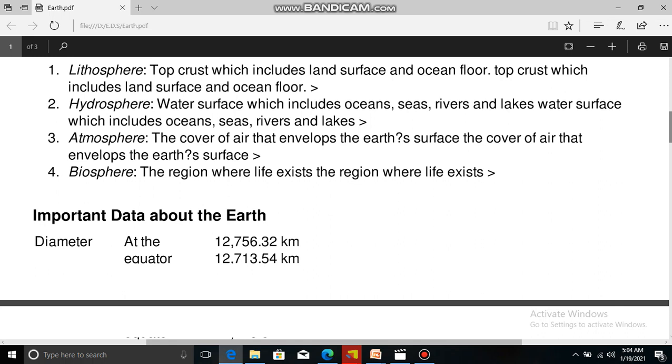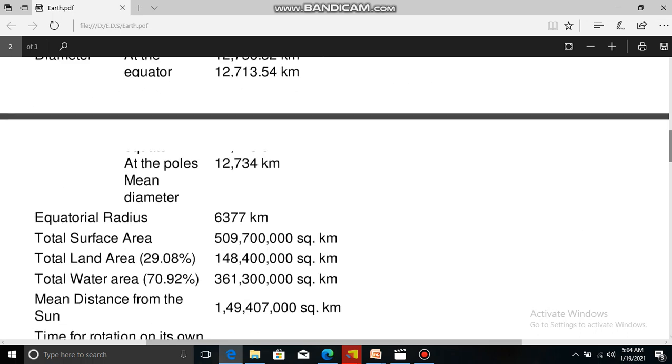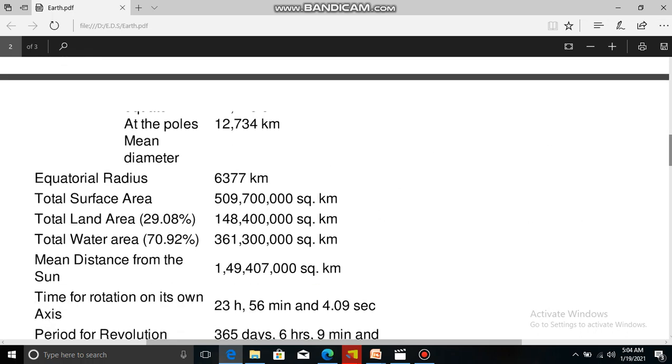Important data about the Earth. The diameter at the equator is about 12,756.32 km, 12,730.54 km at the equator. At the poles it is about 12,734 km. Equatorial radius 6377 kilometers. Total surface area is about